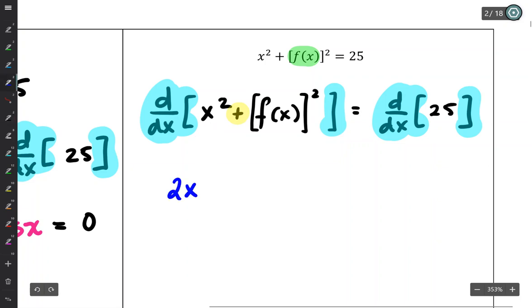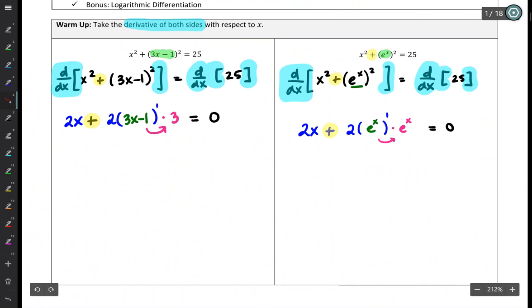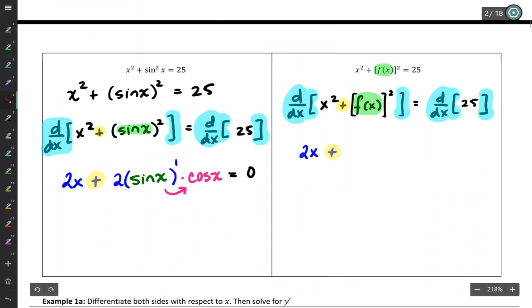2x, plus the derivative of a function of x all squared. We saw when we were working with specific functions of x that this ended up being 2 times that function of x to the power of 1, chain rule, times the derivative of that function of x. Again and again. All right, so this is no different. This is going to be 2 times that function of x